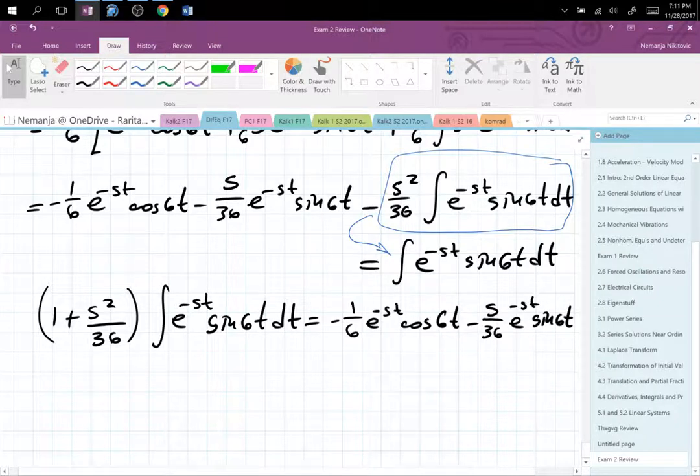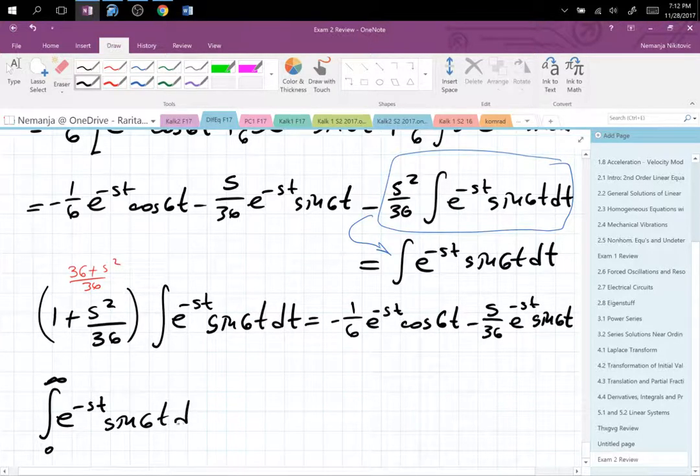Well, people want sine and it's fun. So now finally the integral, we can work this one out over here. So 36 plus s squared over 36 if you work it out. So now the integral of e to the negative st, 0 to infinity, of sine 6t dt is equal to, this needs to go to the other side and flips and multiply everything, so it's 36 over 36 plus s squared, and then